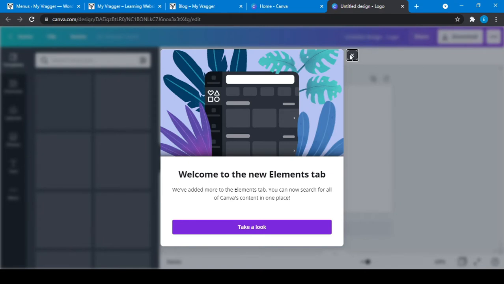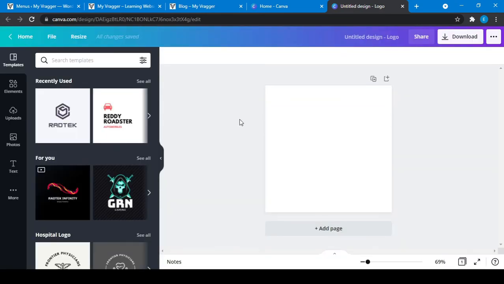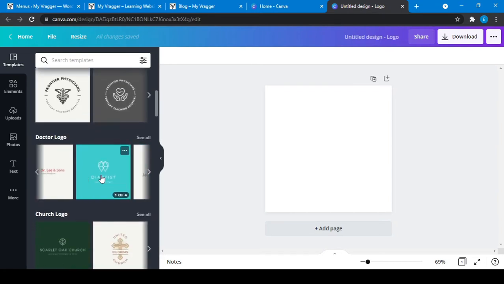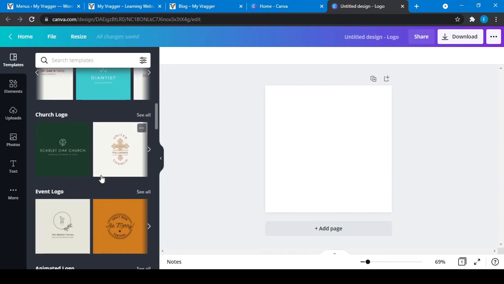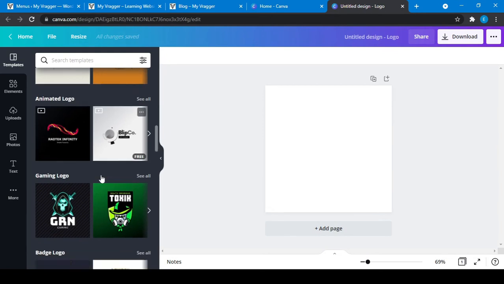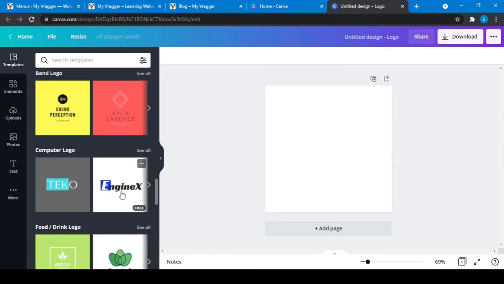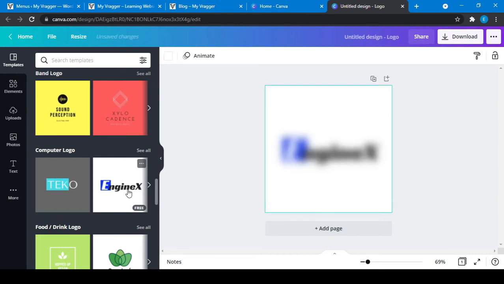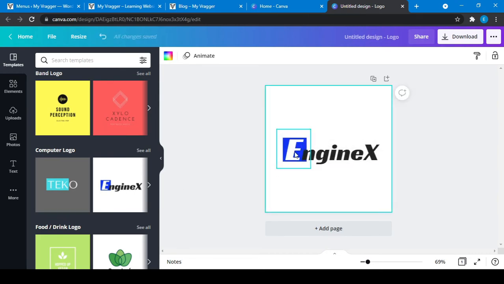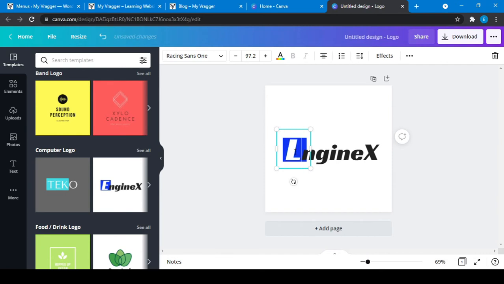Just close this. There are multiple logos available, lots of logos are available here. You can choose any of them. Just click on this and I can name it learning.